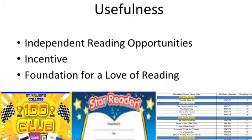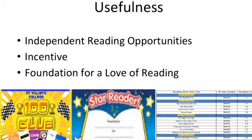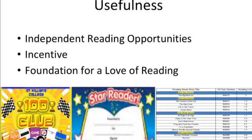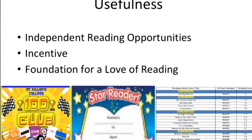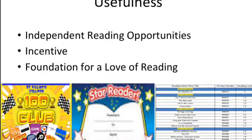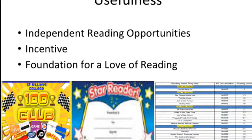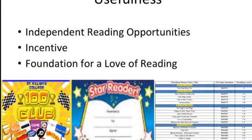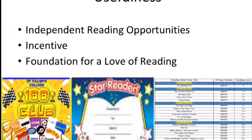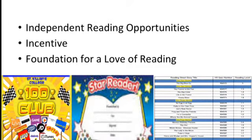It is very useful to the individual teacher who's using it. It provides independent reading opportunities where some students who might be on grade level can read something that challenges them. It's an incentive, and any teacher who's really had a chance to implement an incentive-based program in their classroom knows that that can really work. It's a good foundation for a love of reading for a struggling reader, possibly, as long as the teacher can skillfully make connections to maybe the one book that they like from the program and work out from there. So there needs to be some depth